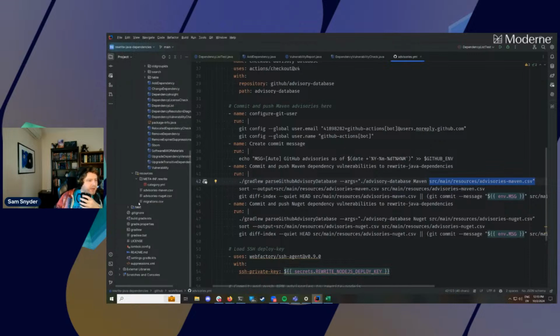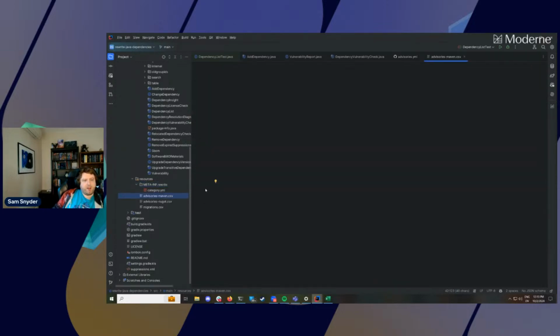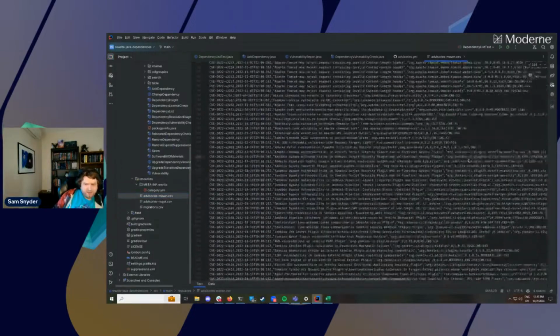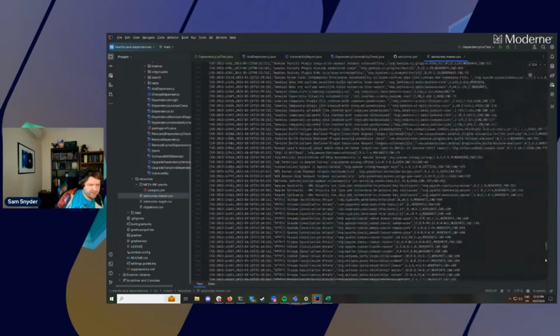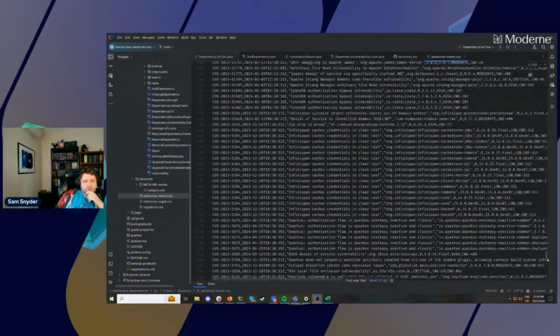And if you're familiar with the packaging and bundling of Java projects, which presumably you are if you're here, you know that anything you put inside of source main resources is going to end up bundled into the jar. So the recipe module for rewrite Java dependencies itself contains this CSV file, which you can actually go and browse directly in the repository. How many entries are in here now? It has 8,000 entries for known dependencies in the Java ecosystem that you can browse through.